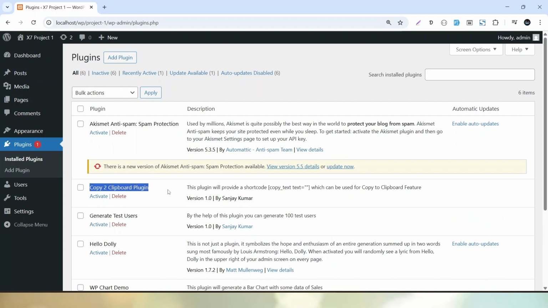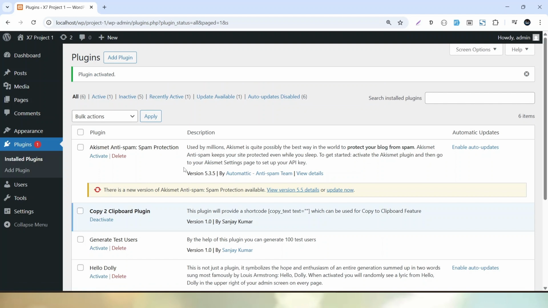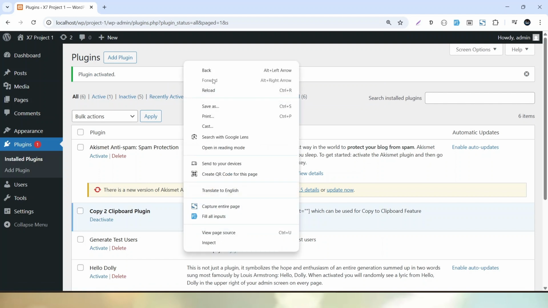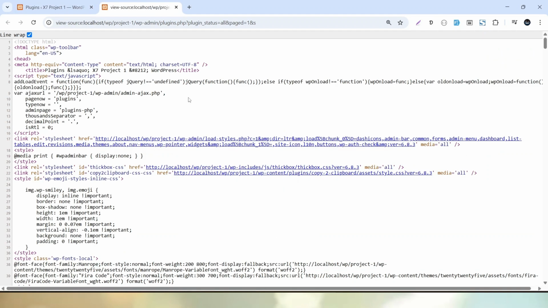So this is the plugin name, plugin description. Here we have the author and the version number. Let's click on the activate button. Plugin activated. Now if I go to source code, so view page source, or the shortcut key we have called Control plus U. Now inside this, if I search for copy to,